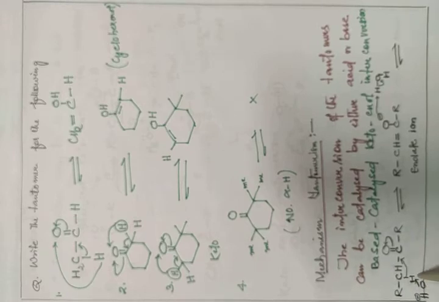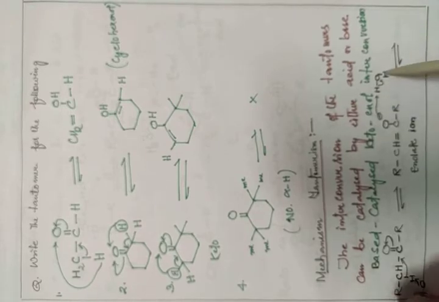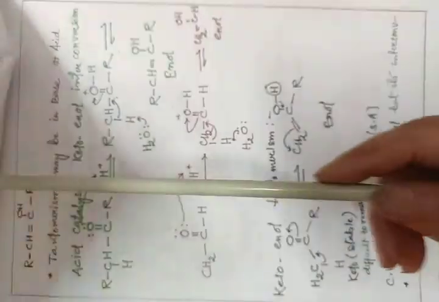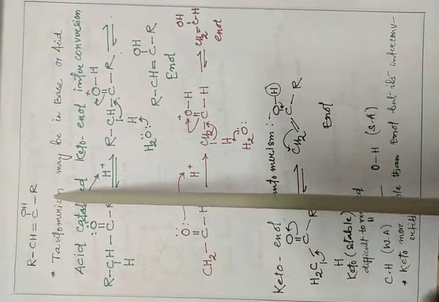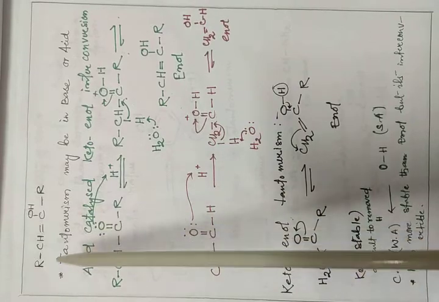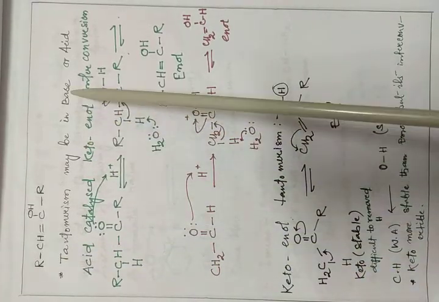So now here OH is connected, then water will form here, and then that will be connected to this, and OH will form. So this one is, we just say enolate; we are breaking and then giving to here, and after that this OH will form, and then this hydroxide will have more electrons in the next one. So like that, that will form. So this is enol. Then next, tautomerism may be in the base or acid.